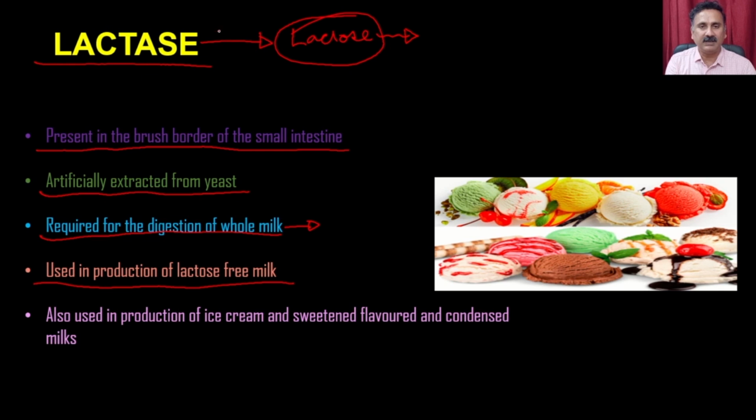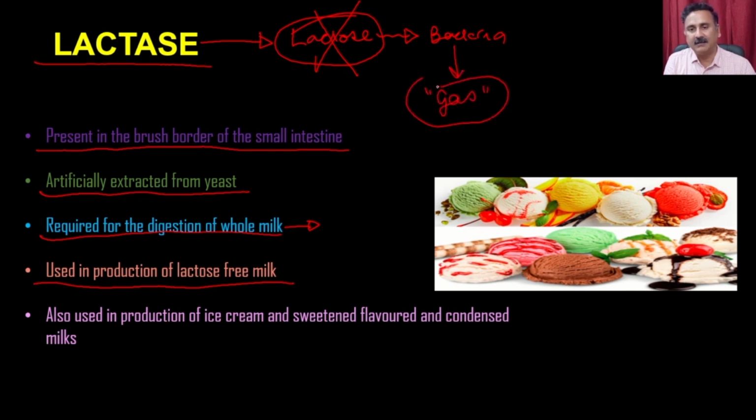Okay, because when you treat the milk with the lactase enzyme, it degrades the lactose, and that's how the milk gets converted into lactose-free milk. Many people have lactose intolerance, because if lactose is present in the milk and they don't have this particular enzyme, then the lactose is utilized by the bacteria, right? And that causes the production of gas, which is responsible for the lactose intolerance. So for those people,